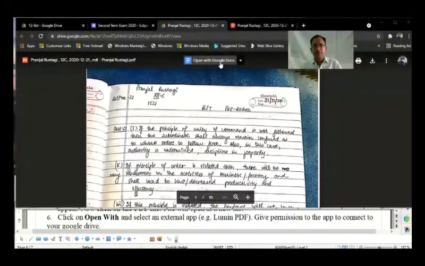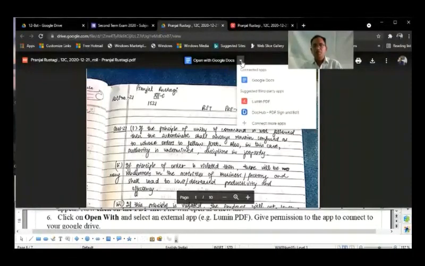You do not have to click that. By the side of this, you will find a down arrow key, open with. Click on this open with and choose a third-party app to check this paper, because if you open it with Google Docs, you will not be able to check it the way we are used to, putting tick marks, crosses, right? So choose a third-party app.